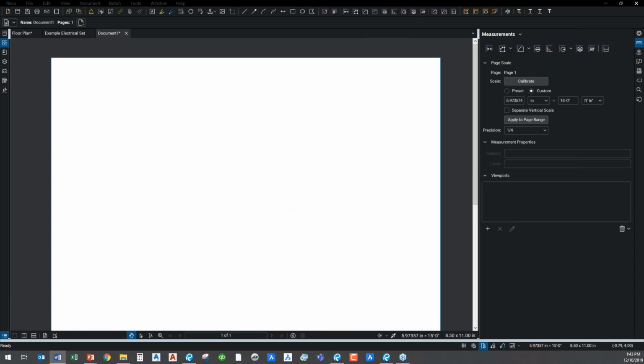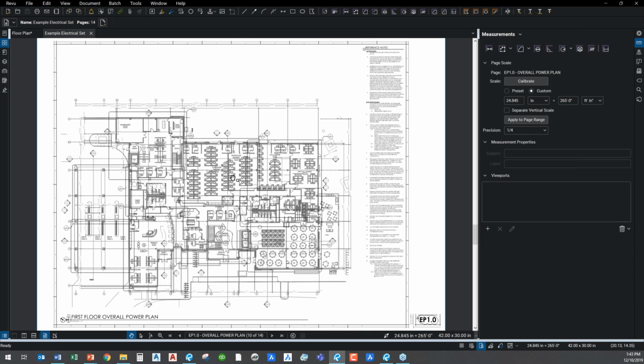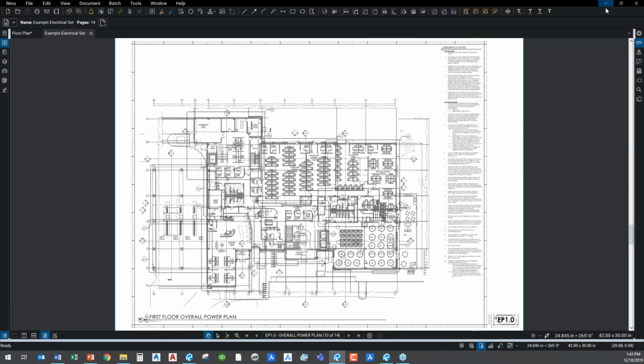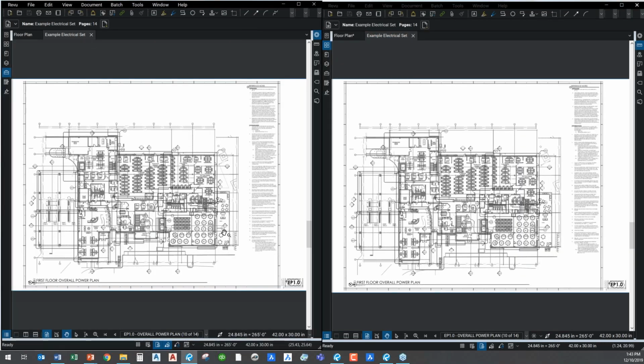Okay, so the next thing that I wanted to talk to you about, and I'm just going to close out this window here, may seem like a pretty simple setup, and it really comes down to screen rendering. What I'm going to do is split my screen. I have 2018 running over here on the left, and 2019 running over here on the right. So I have both versions of Bluebeam running side by side on my screen,